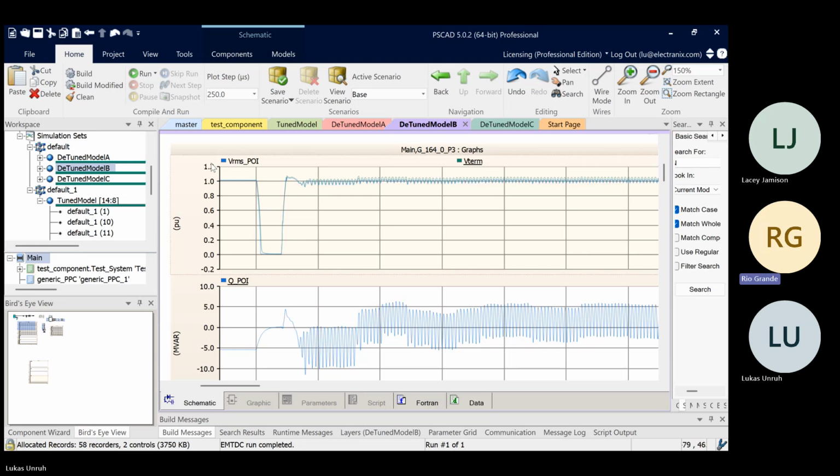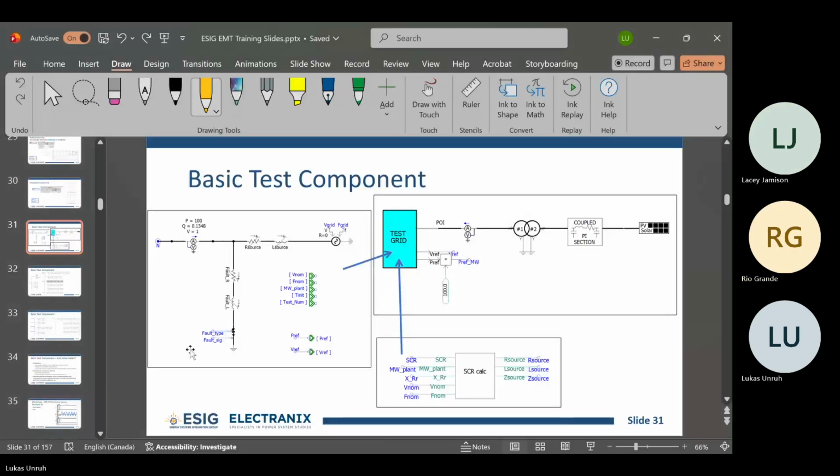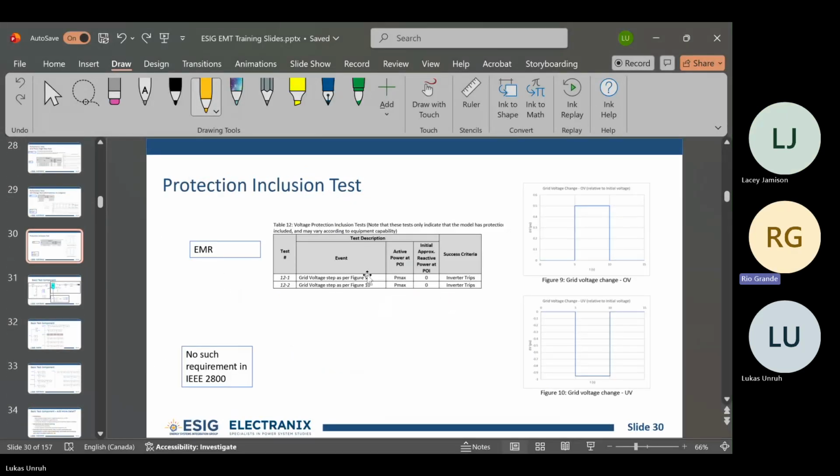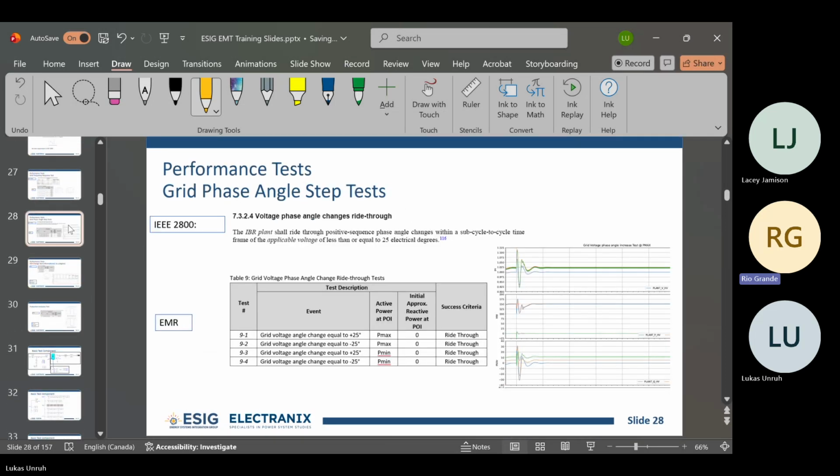Some practical notes. What if you're defining the 2800 standard? This test specifically is not defined in 2800. So, in the presentation where I was going through these various tests,